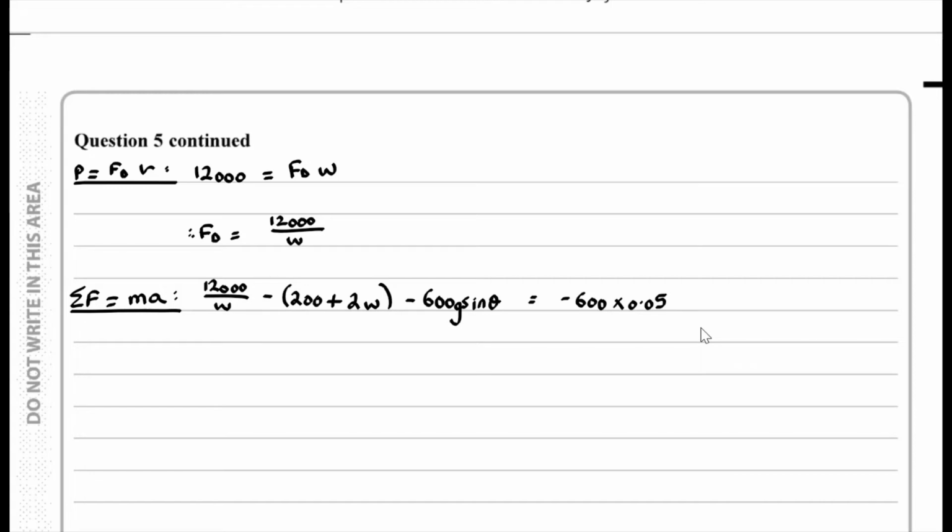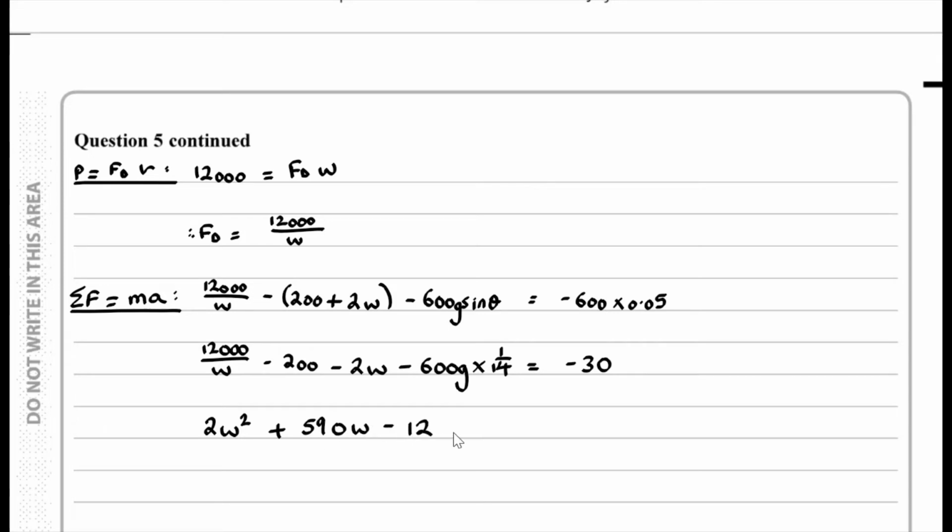And we can simplify all of this. We know that sine theta is equal to 1 over 14. So we have 12,000 over W minus 200 minus 2W minus 600g times 1 over 14. This equals minus 30. And if we multiply through by W and then rearrange, you'd find we have 2W squared plus 590W minus 12,000